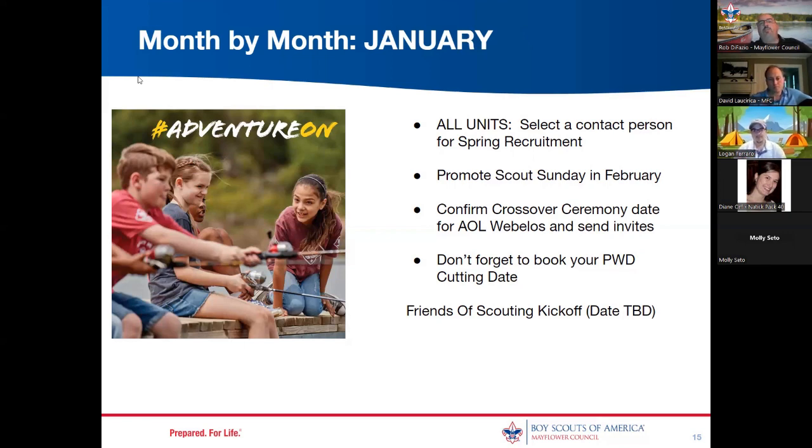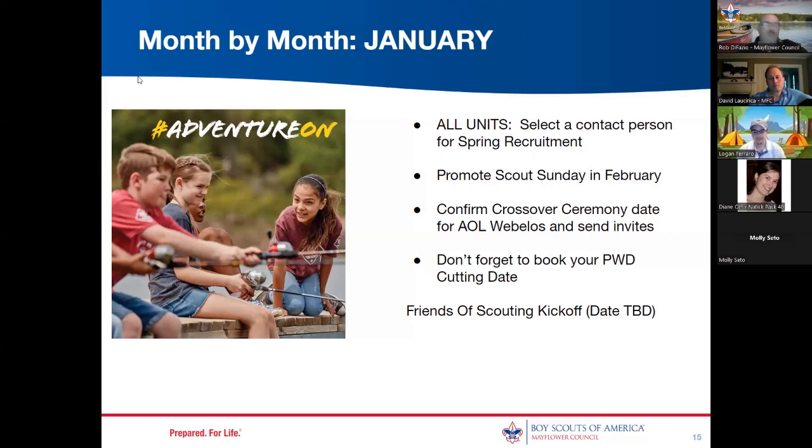And usually by now, Logan, you're getting into the Pinewood cutting dates, and by January you've still got some availability, but we've got to get those done rather quickly. So it's another reminder about the Pinewood Derby cutting dates. Yes, by mid-January we are fairly booked up until basically the end of February. So I really encourage folks to get your emails and requests out earlier in the year and just get that date on the books. Plan it as part of one of your pack meetings or as a den meeting night where we rotate the Scouts through, just so we can have it booked as early as possible.